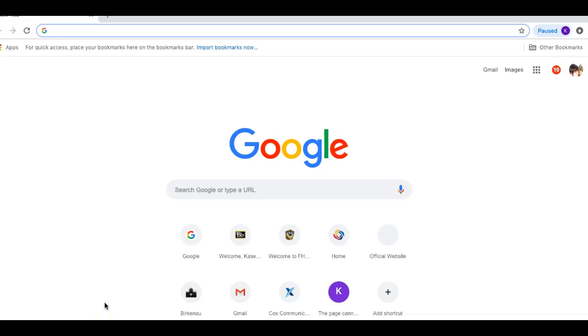Everybody, these are the instructions on how to find a database source for your research paper. First, you're going to want to go to a new tab on Safari or Google Chrome, whichever, and you're going to want to type in